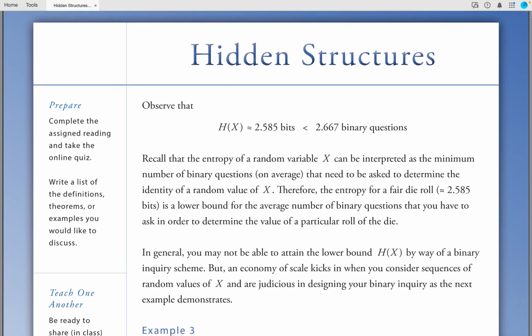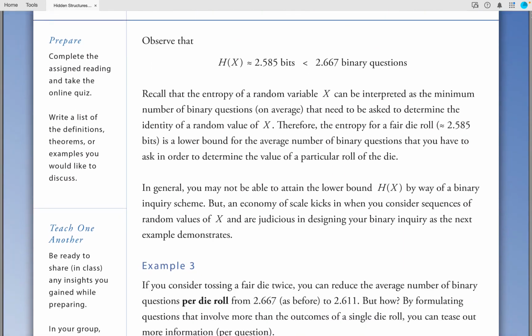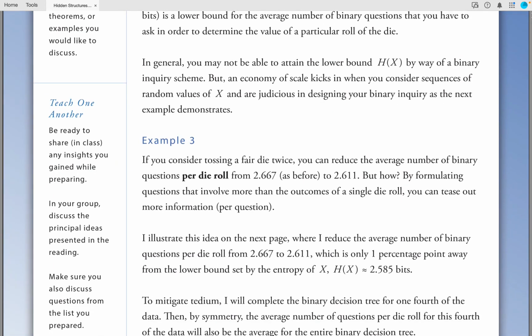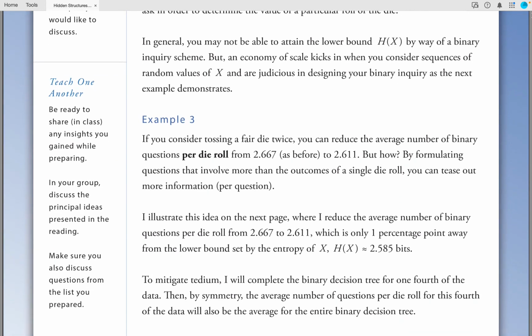In general, you may not be able to attain the lower bound using a binary inquiry scheme. But an economy of scale kicks in when you consider sequences of random variables of X and are judicious in designing your binary inquiry, as the next example demonstrates. Example 3. If you consider tossing a fair die twice, you can reduce the average number of binary questions per die roll from 2.667, as before, to